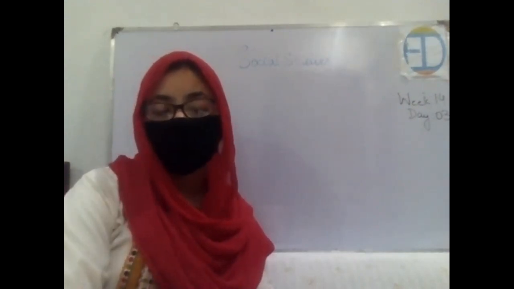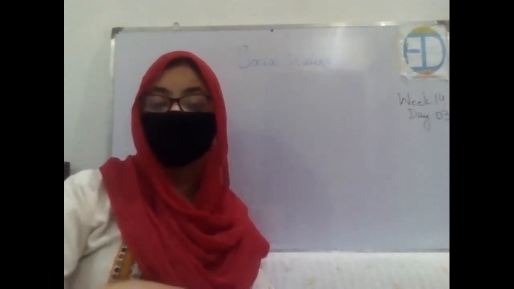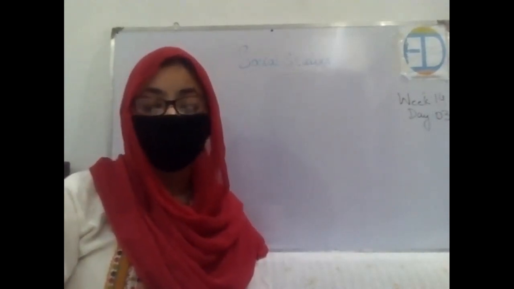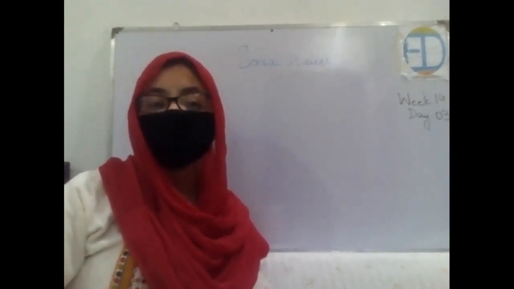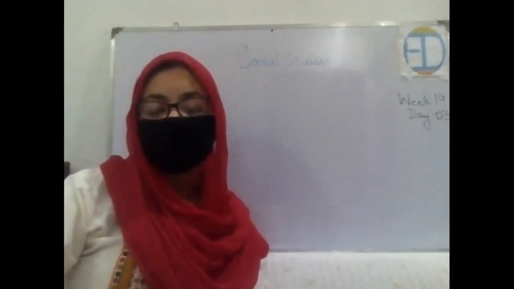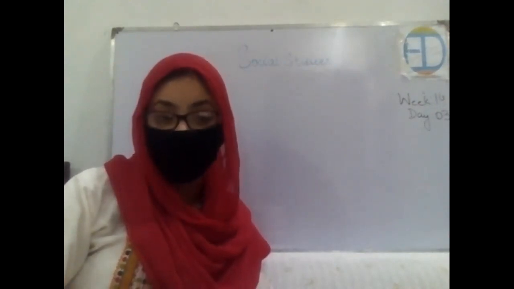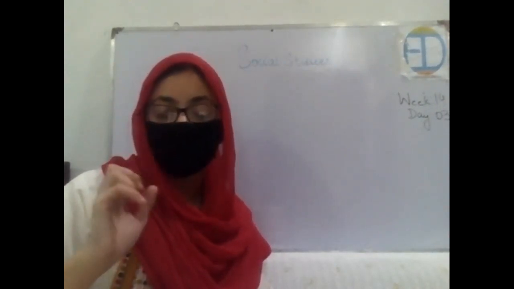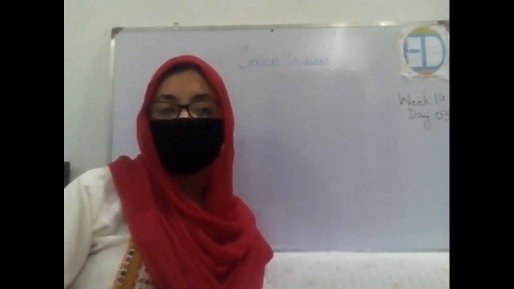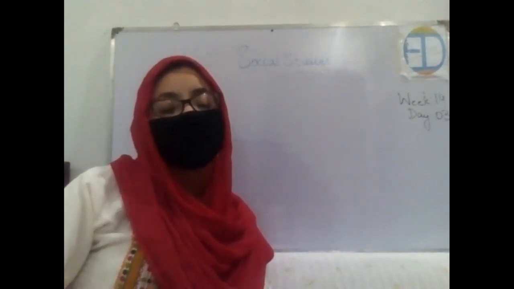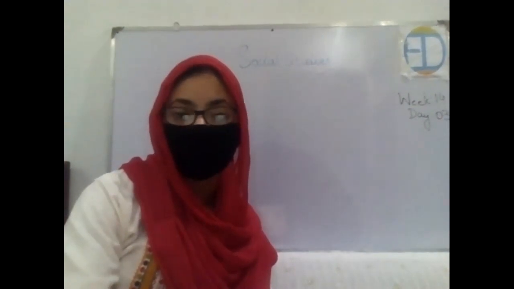Now in today's class, we will be moving forward and discussing this difference between present and past with the help of a city. I'll be showing you a picture, and you are supposed to identify which city we are talking about. One of the famous cities of Pakistan, known as the City of Lights. Okay, I know all of you have understood. Just raise your hands and tell me which city of Pakistan is known as the City of Lights? Karachi. Very well done. So in today's class, we will be talking about the city of Karachi.